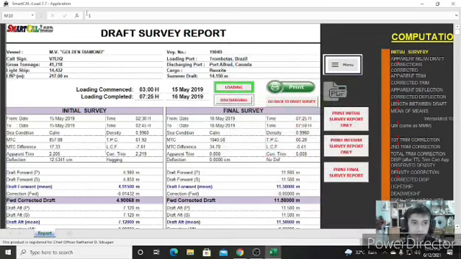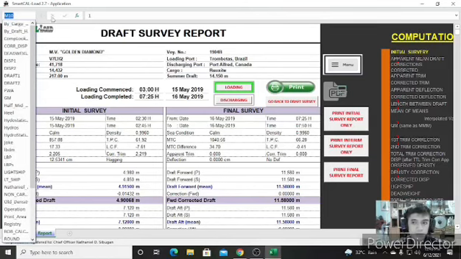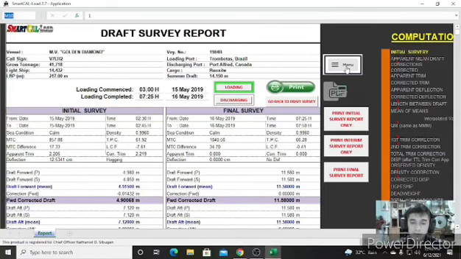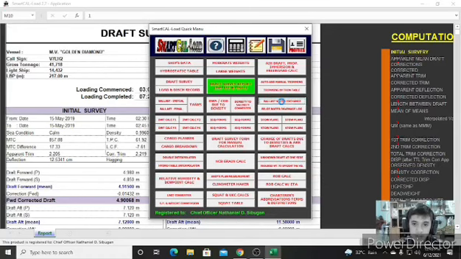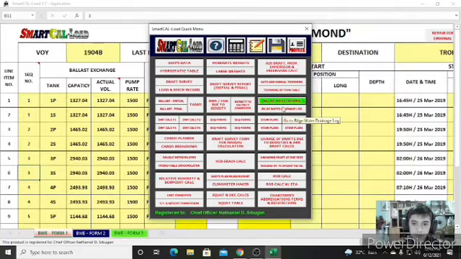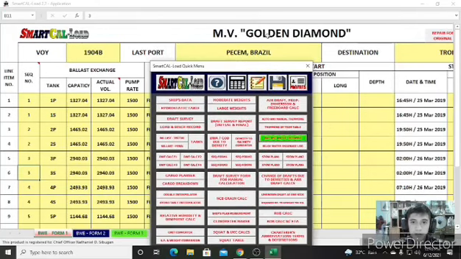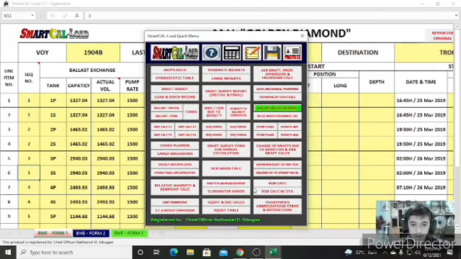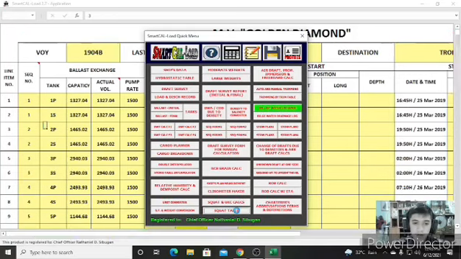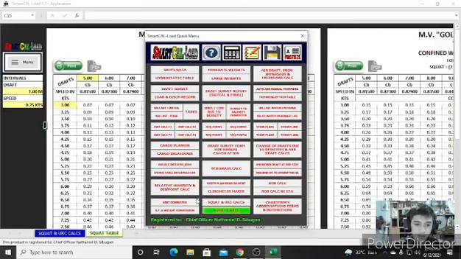Then next is go to menu to click more information, like for example the ballast water exchange. This is the ballast water exchange for MB Golden Diamond. It can also give you the squat table, the